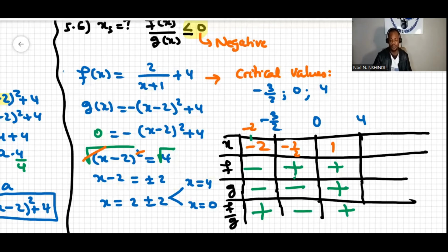And then in the interval after 4, we can pick up any value. Let's take a number like 5, for instance. If we sub 5 over here, it's still going to be positive. And if I sub 5 over here, 5 minus 2 is 3. 3 squared is 9. Minus 9 plus 4 is negative. So we have negative over here, and then positive over negative makes negative. So our solution is